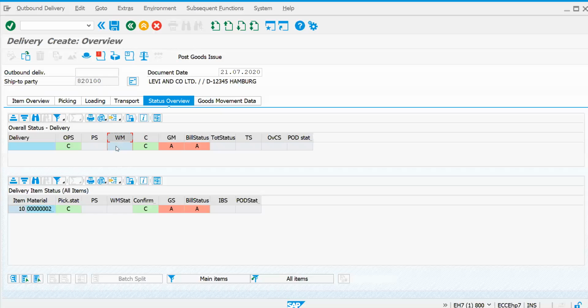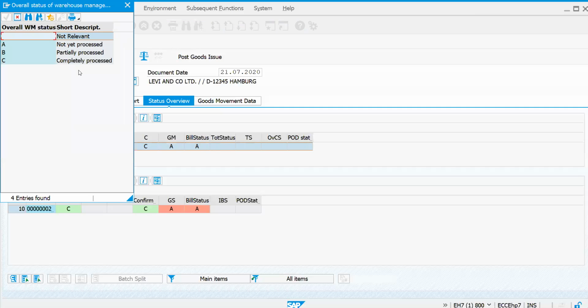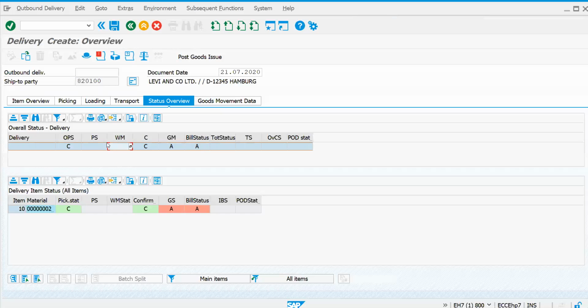Likewise, if a delivery is relevant for warehouse management and warehouse management is activated, a transfer order will be created with certain transactions like LT03, LT01N. In a similar way, if you have packing activated for your delivery, this is the packing status that it will show.